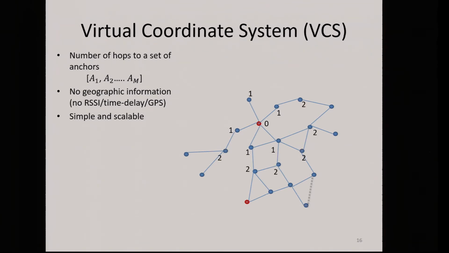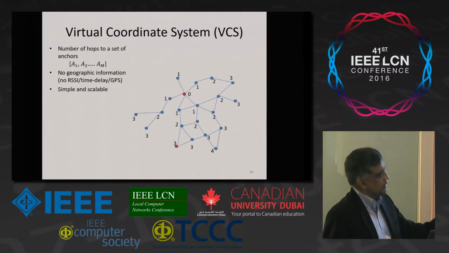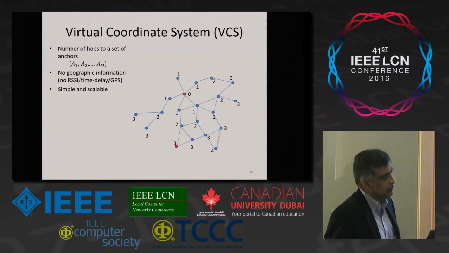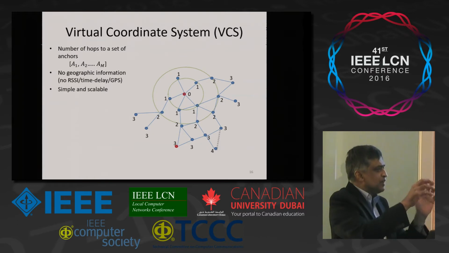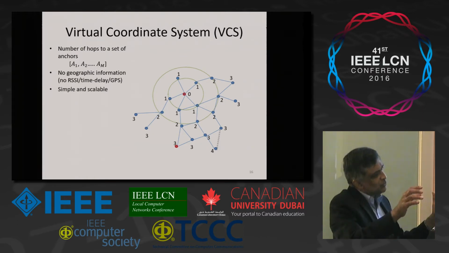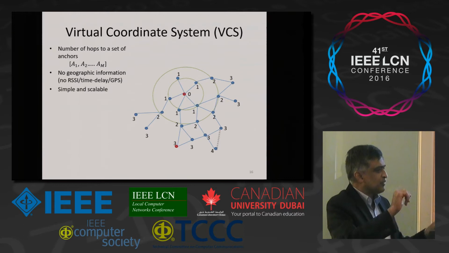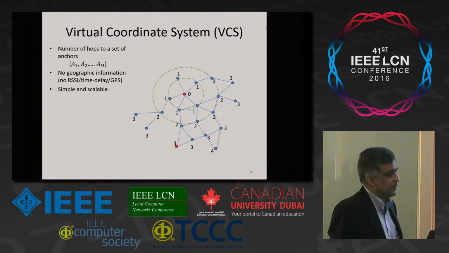There's their neighbors, they know they're at a distance 2, distance 3, distance 4, right? So this is an ordinate in this virtual coordinate system. It's a distance in hops to an anchor node. So we don't measure signal strength, we don't measure time delay, it's whether you can communicate with somebody or not, right? So in this case we have, and also you can see that these coordinates actually propagate radially away from the anchor. So one of the things that happen is you have lost the concept of right, left, that's gone, right?